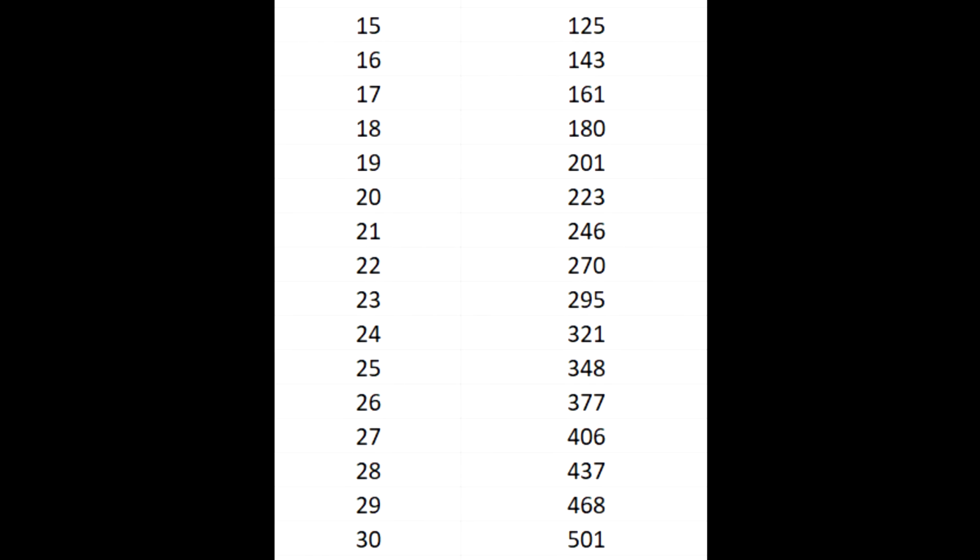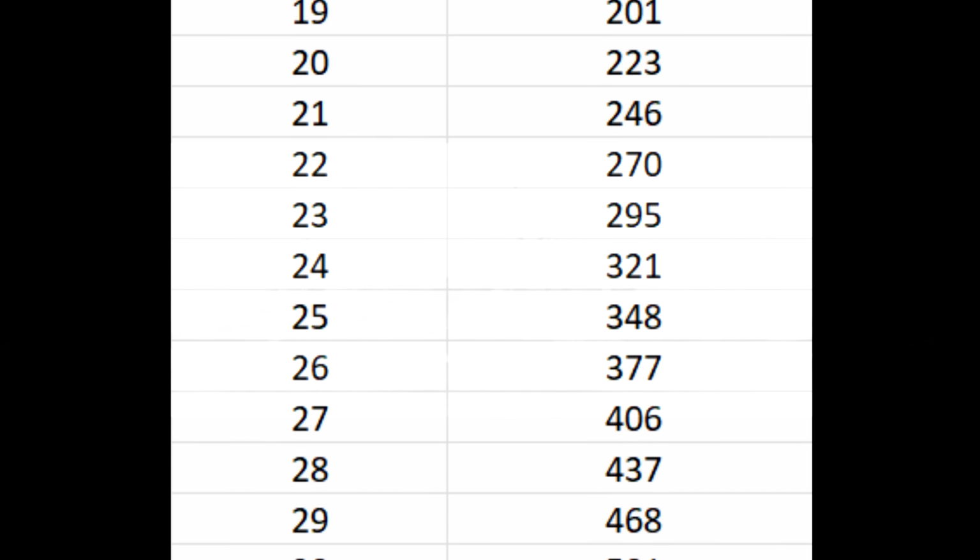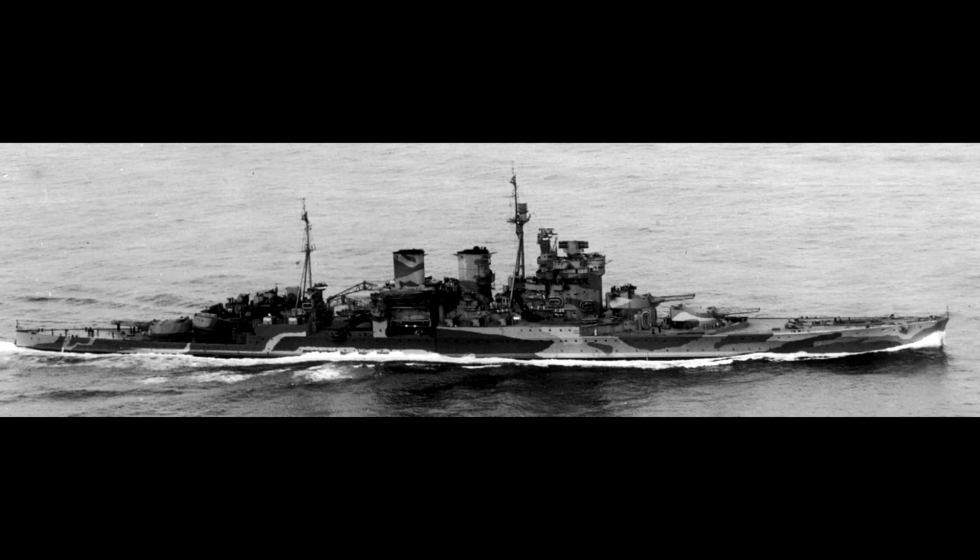which is quite handy because we know that obviously Renown could go considerably faster than that, which means we're not looking at an unrealistic speed, so that's an additional nice little verified check. And that means we can say that this photo of Renown shows her doing about 24 to 25 knots. So that's a nice little point of reference, and it is actually also quite an important way of demonstrating what